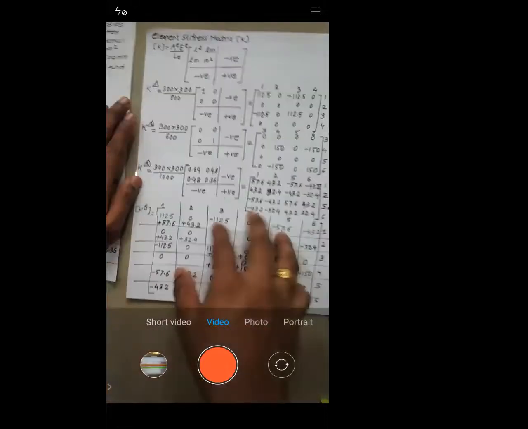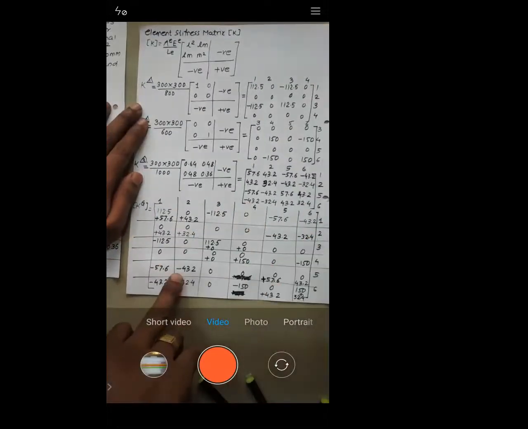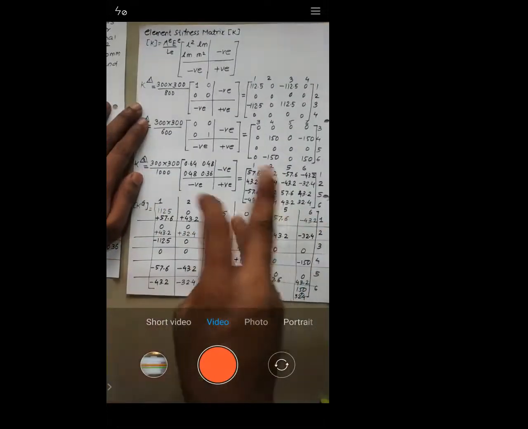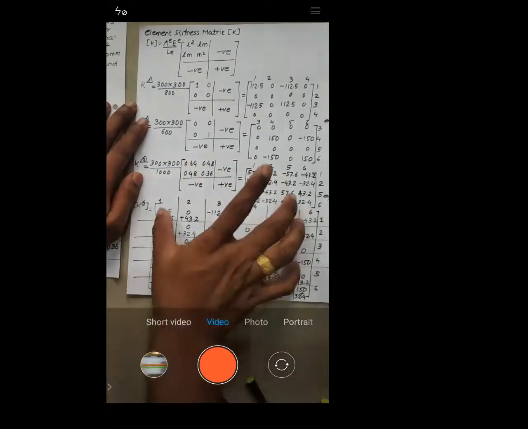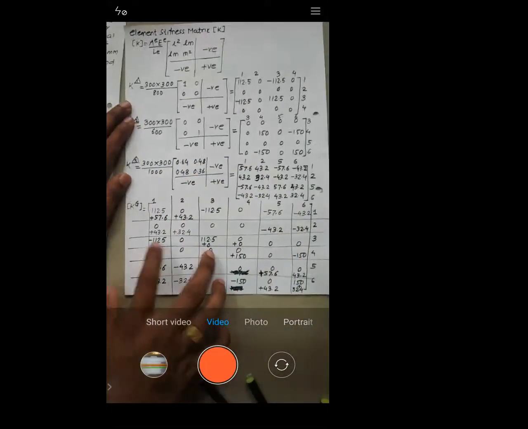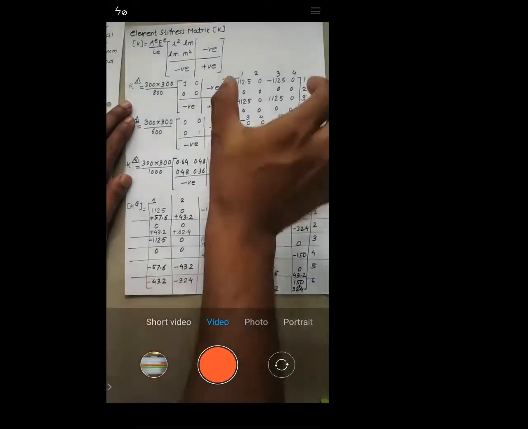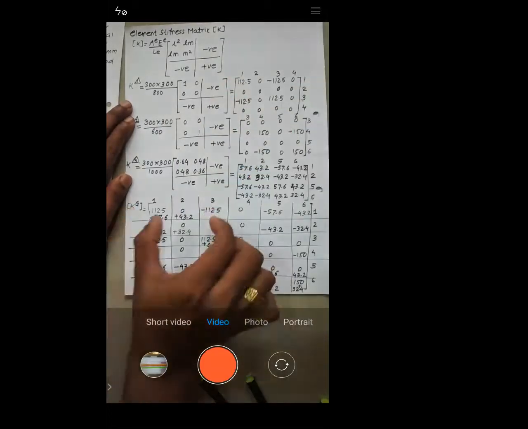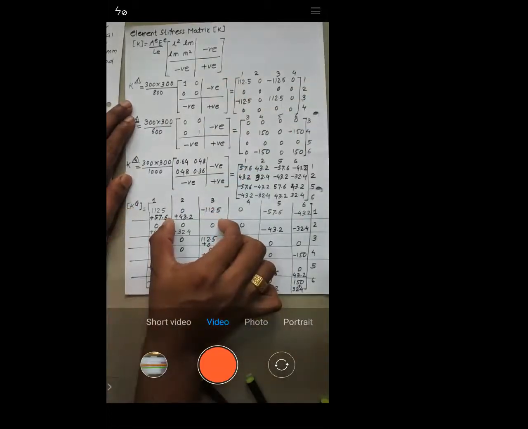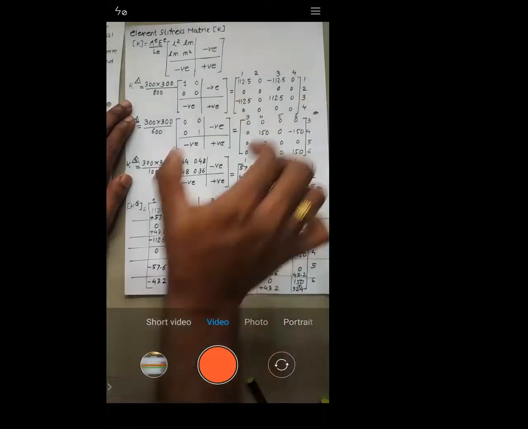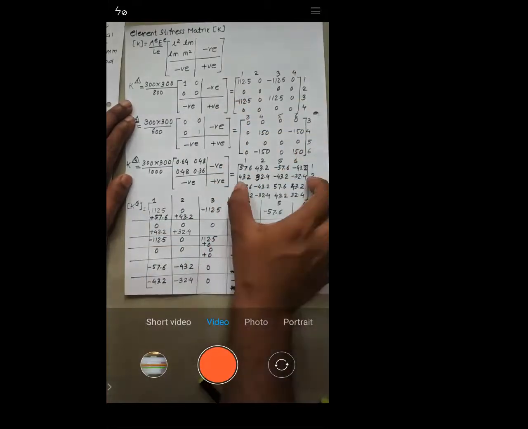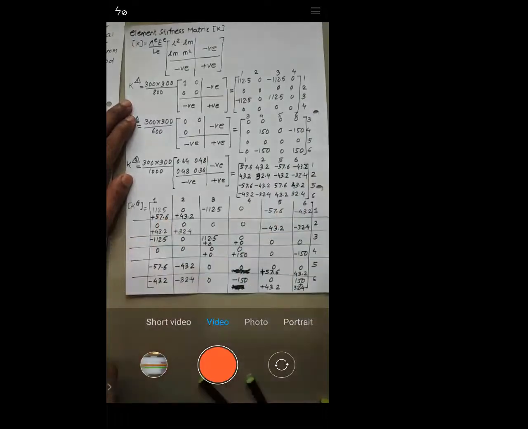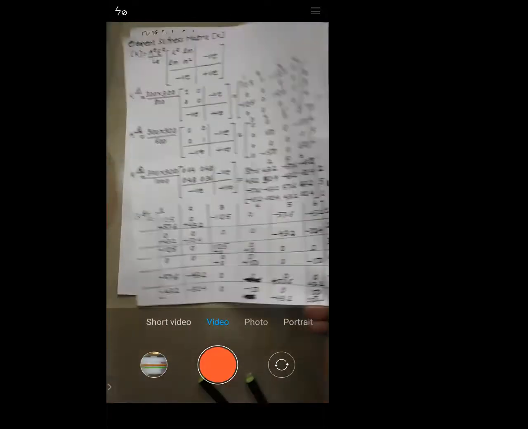Then I form the global stiffness matrix, whose size is 6 by 6, because there are 3 nodes and each node can move in 2 directions. So 3 into 2 is 6. How do I form this matrix? I just pick the element stiffness matrices and place them in the global stiffness matrix, right? This matrix I pick, I place it here. Similarly, this one I place here, and this one here. This is how I got the global stiffness matrix, right?